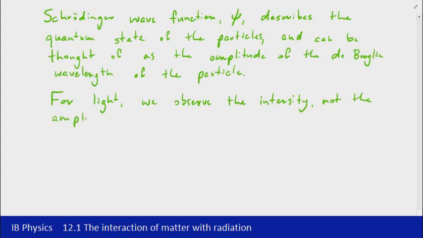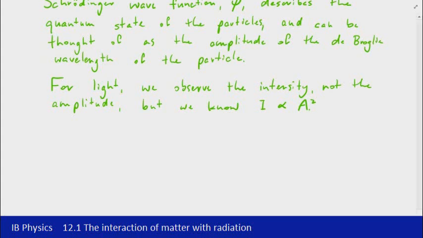But you can see there we're interested in the amplitude, given that we're dealing with the amplitude of the de Broglie wavelength. But what we do know is that intensity is proportional to the square of the amplitude. So we can take that idea of intensity being the square of the amplitude and apply that to the Schrodinger wave function and link it back then to the diffraction pattern. So combining those ideas,